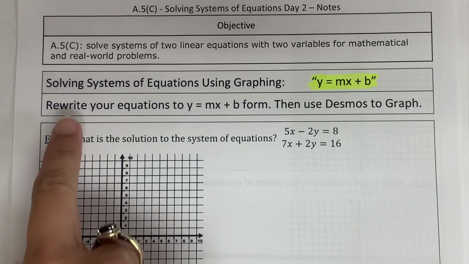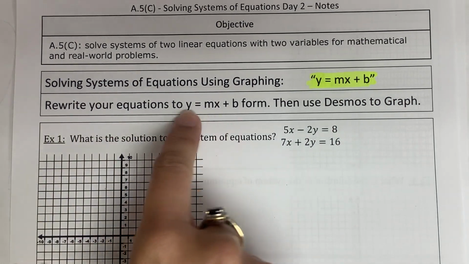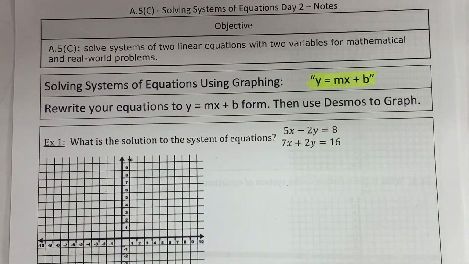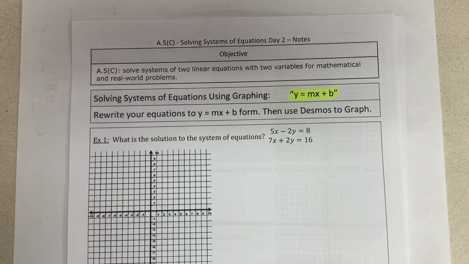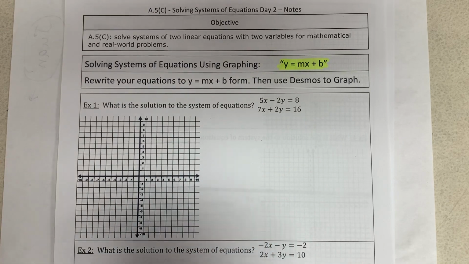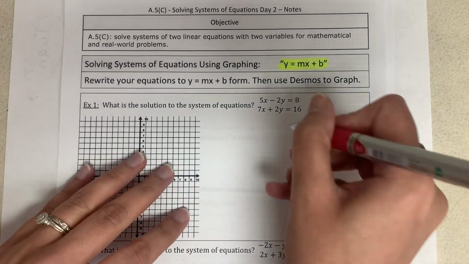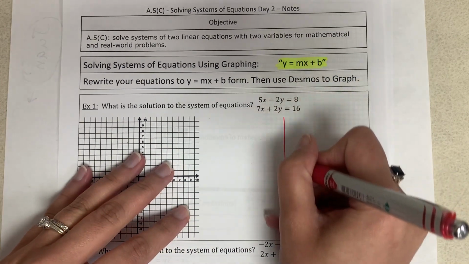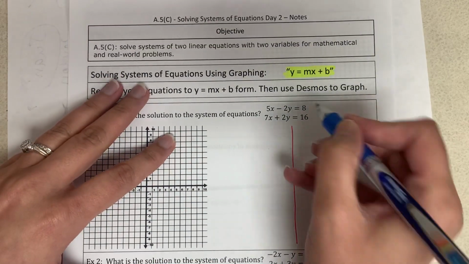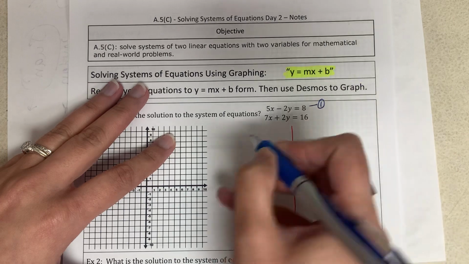So first thing you would do is rewrite your equation to y equals mx plus b and then use the calculator to graph. So I'm gonna practice 2-3 questions over here in case you need a little help, and then I'm gonna just use the calculator to get my answer. First thing, I have 2 equations, so I need 2 columns so I can work on those. Let's fix the first equation, which is